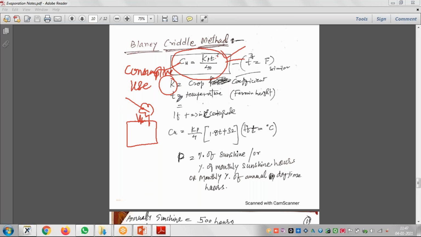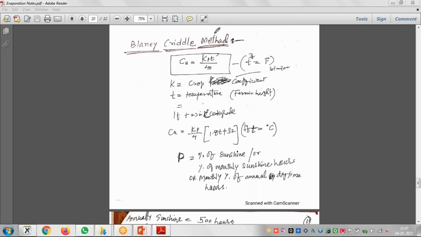So K is the coefficient. T is the temperature, and this temperature is in Fahrenheit, generally represented by F. When the temperature is in Fahrenheit, we use this formula: Cu is equal to K into P into T divided by 40. But when the temperature is in degree Celsius, we use this formula: Kp upon 4 into bracket 1.8 into T plus 32, where P is